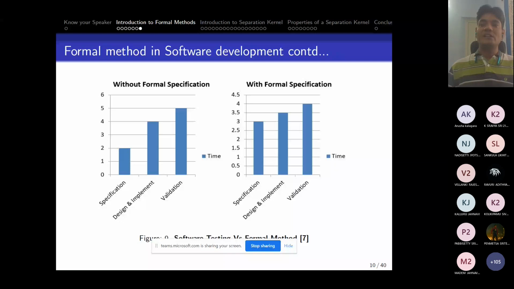Because it needs a lot of mathematical training and a lot of hard work to be performed, it's very typical and very expensive. That is why many industries don't use these techniques in their software. But definitely the industries responsible for developing safety critical systems use these formal methods in their software